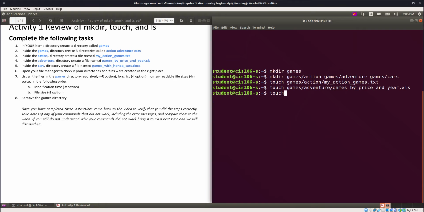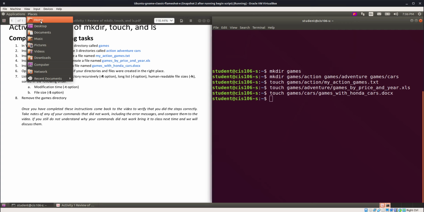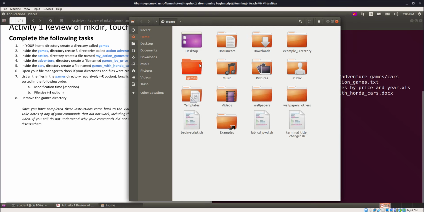So I'm gonna do the same thing, touch, games, cars, and then games by, with Honda cars.docx, and press enter. Open your file manager to check if your directories and files were created in the right place. Then all I have to do is go to places, home, and if I go inside games,